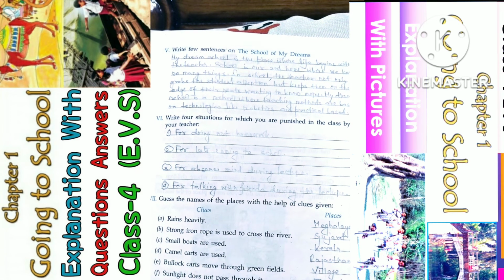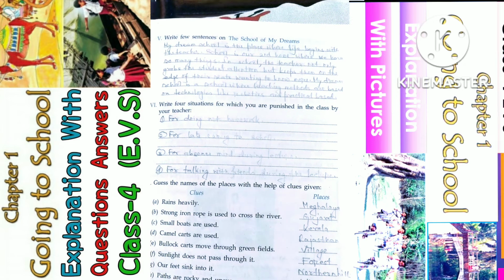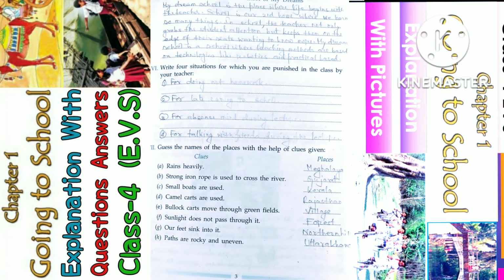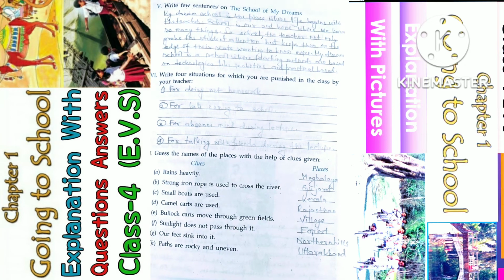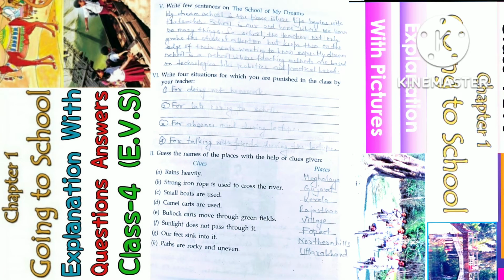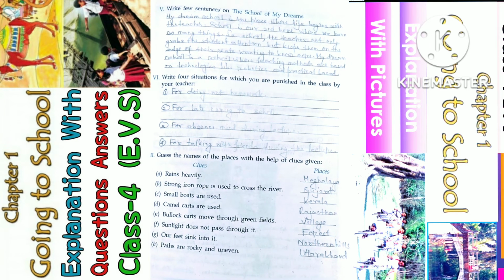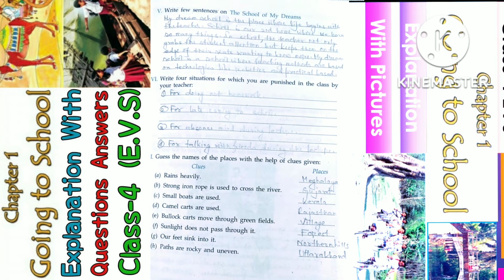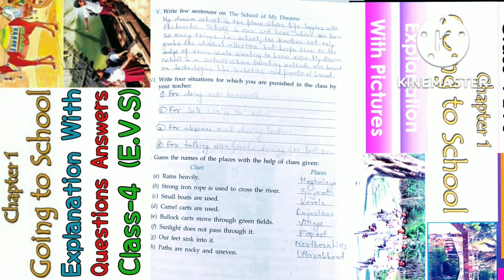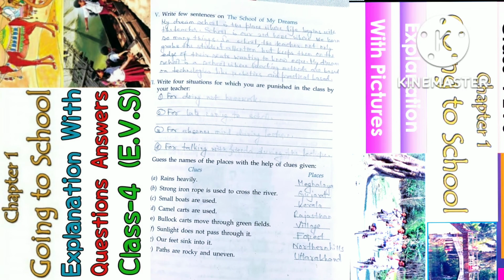Rajasthan. Basically, camel car is the main transportation system there. Bullock carts move through green fields, villages. If sunlight does not pass through it, forest. Our feet sink into it. Northern hills area basically. Paths are rocky and uneven. कहाँ पे देखने को मिलता है? उत्तराखंड और उत्तरांचल।